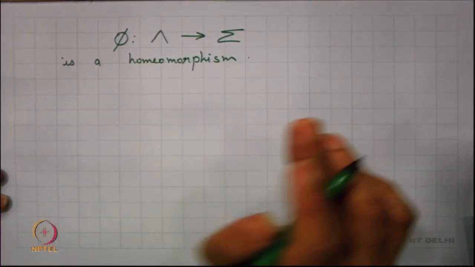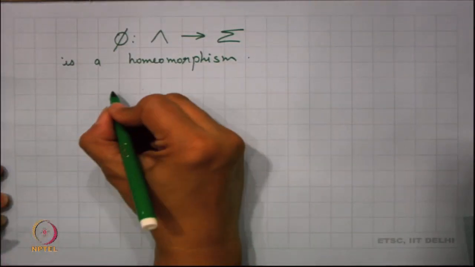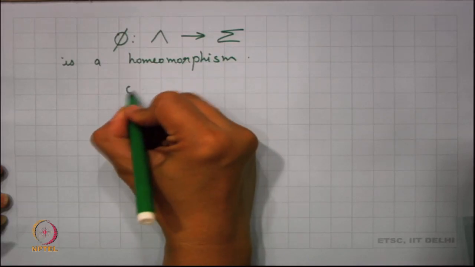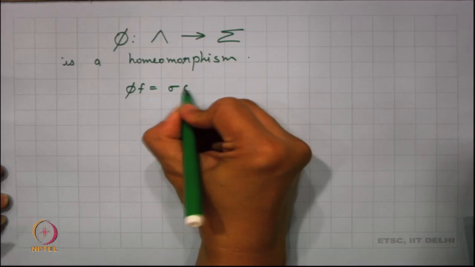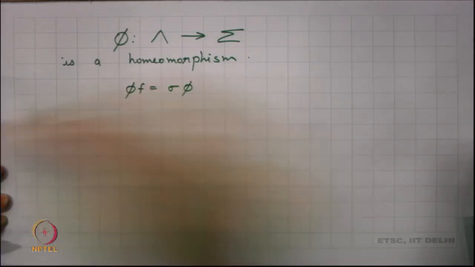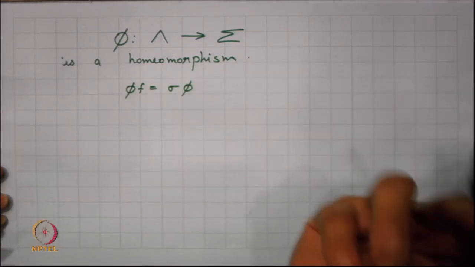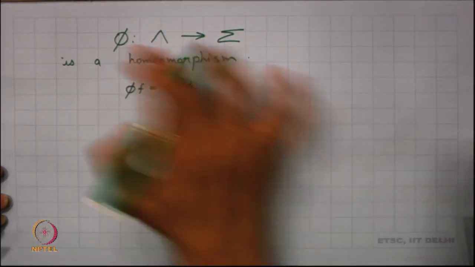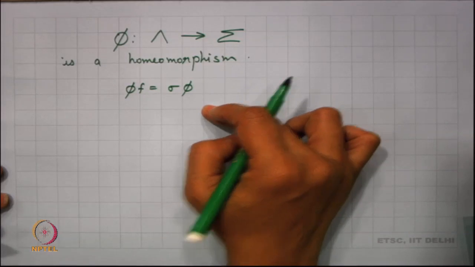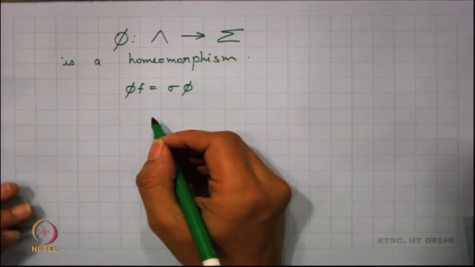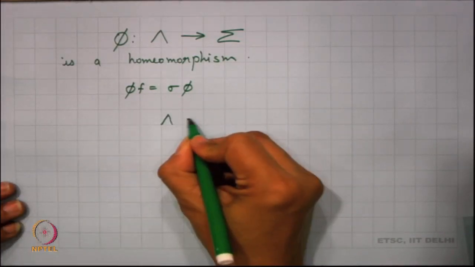We have already observed that phi of f is the same as sigma of phi, at all points p of lambda. So, our phi is a homomorphism for which this relation holds, or in other words, if I take this diagram,